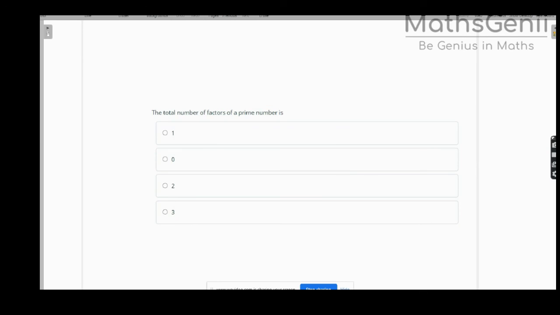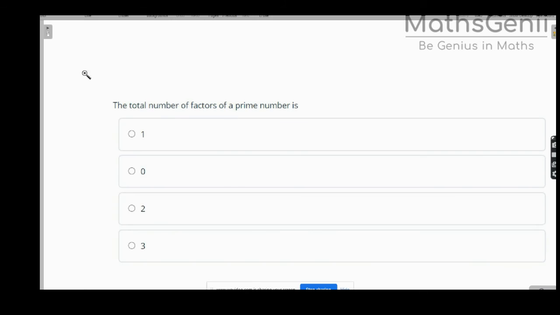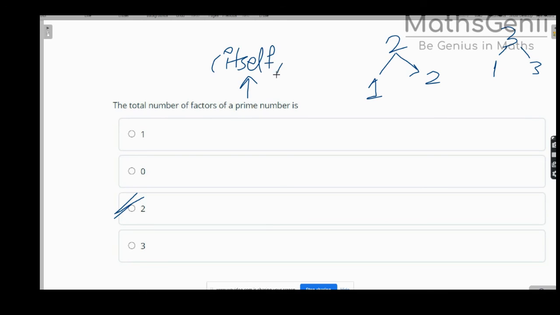Now let's look at the last question of the day. See, again it has come on prime numbers itself. Total number of factors of a prime number. I just explained any prime number. For example, 2. There can be only 2 factors of a prime number. It comes in the ones table. Every number comes in the ones table and it comes in its own table, so 2 comes in the twos table. Same, 3 will come only in the ones table and its own table. So always 2. For prime numbers, there are always only two factors, itself and 1.